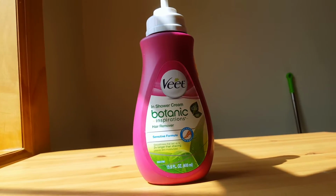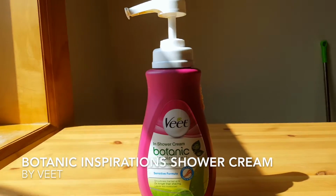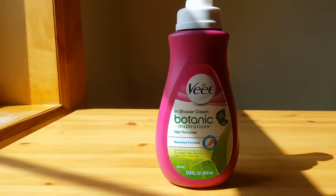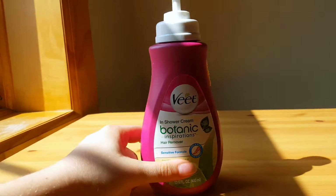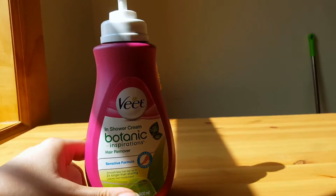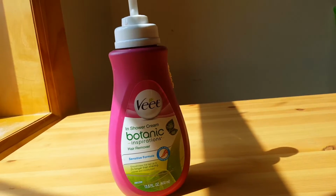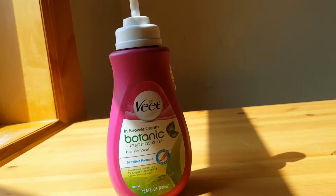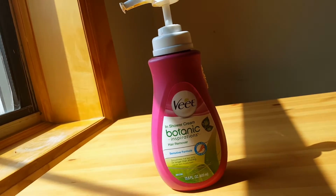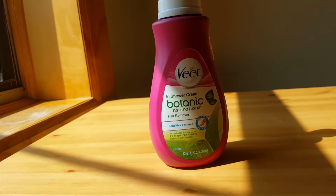So today I'm going to talk about the Veet Botanic Inspirations In-Shower Cream. This is for legs and body, and this is a hair remover. It's 13.5 fluid ounces. And I use this to remove my leg hair, mostly, instead of shaving or waxing, and